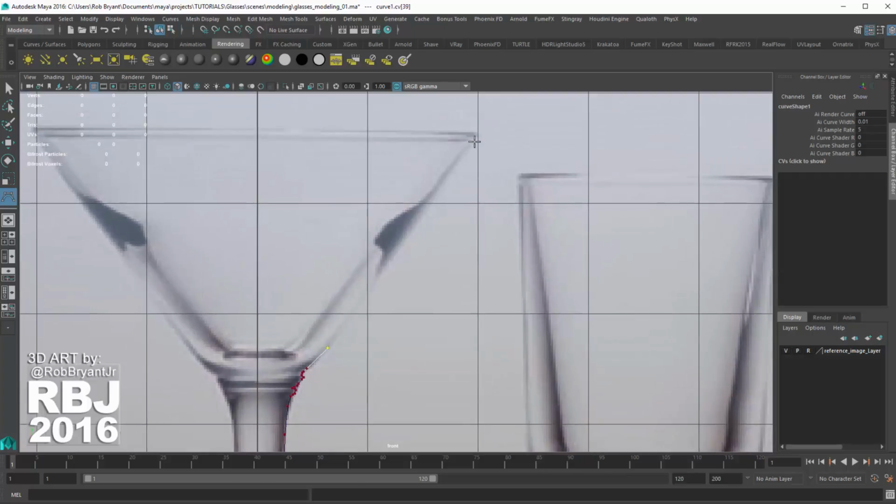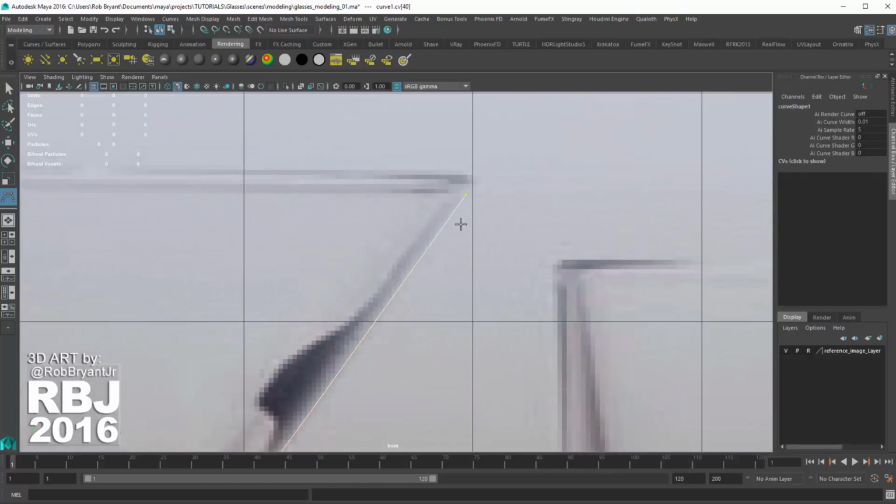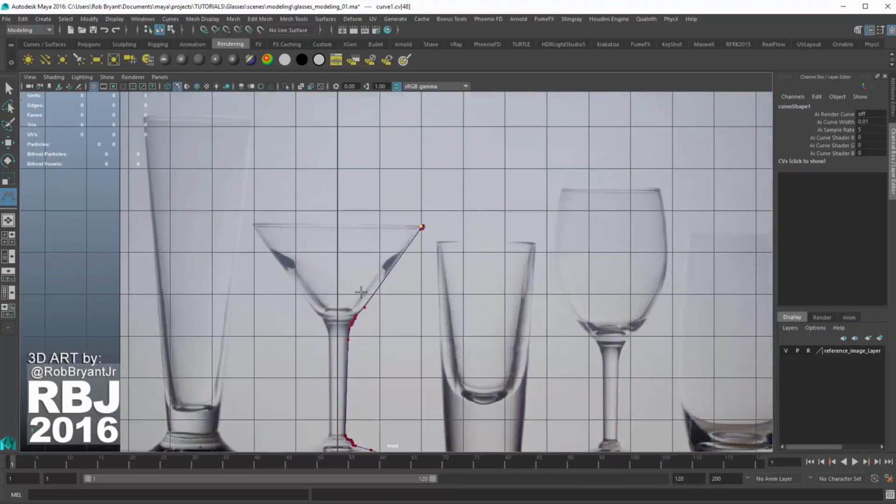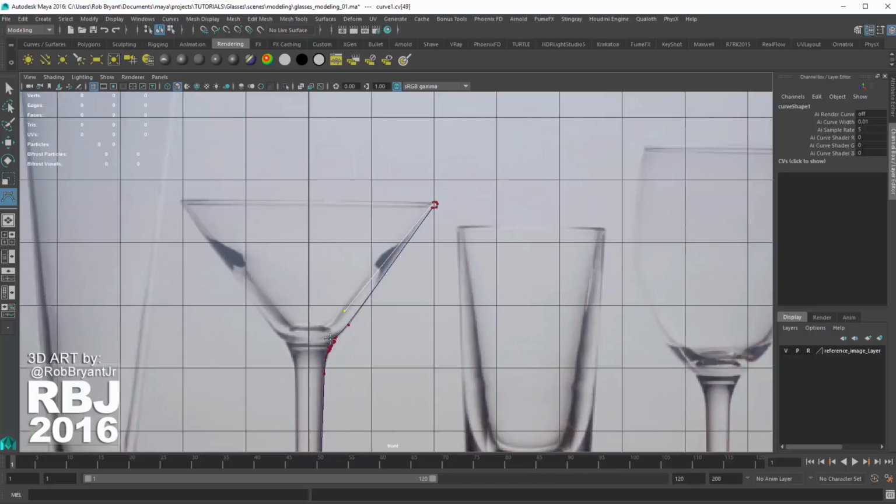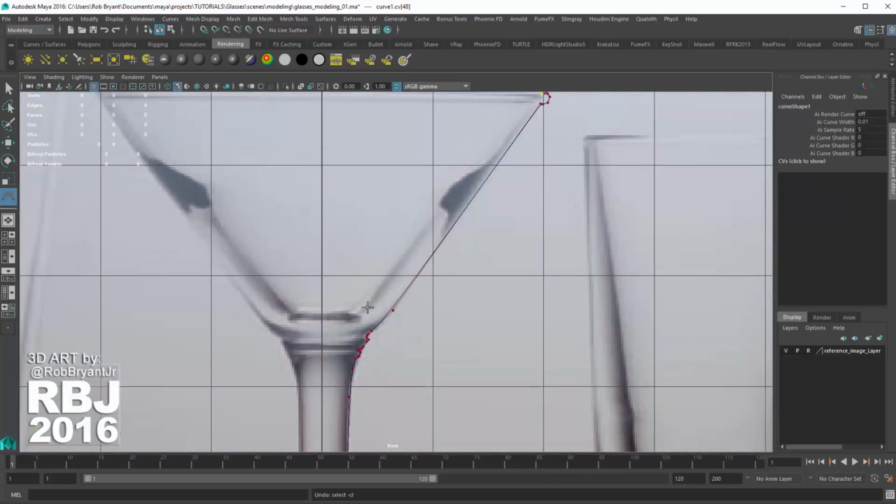And this is fairly straight, so I can kind of get a lot of them going there. 1, 2, 3. And here I need to create this nice curve there. So we're gonna do 1, 2, 3. And I can probably get away with coming in. I'll come all the way in there, and then basically create these curves, shift select, and end on